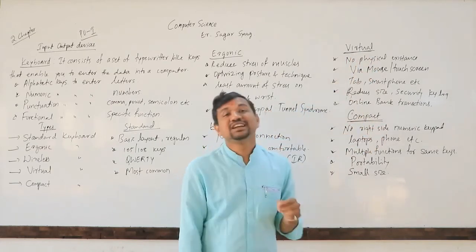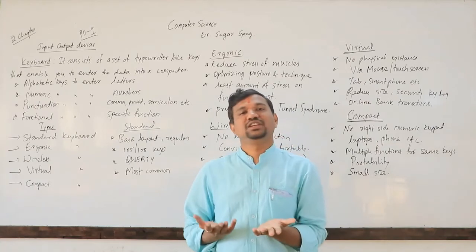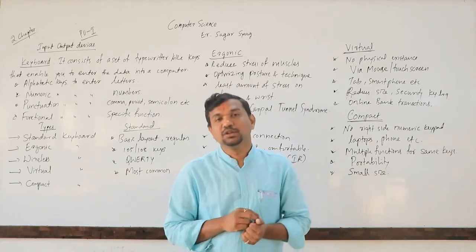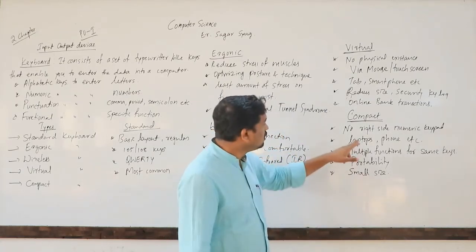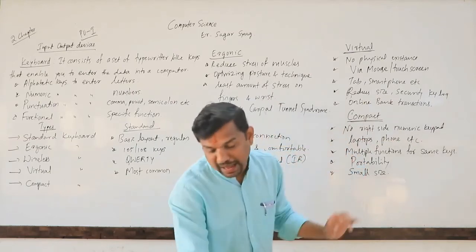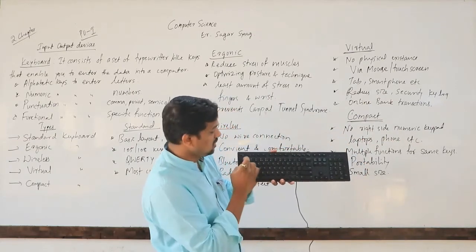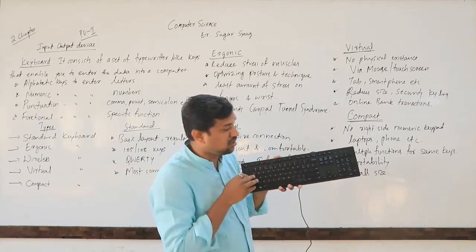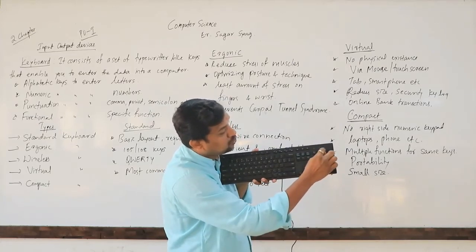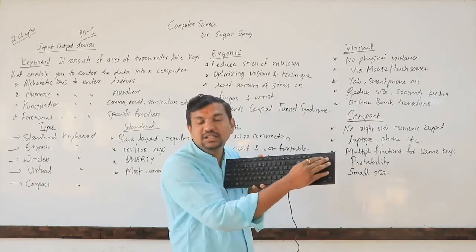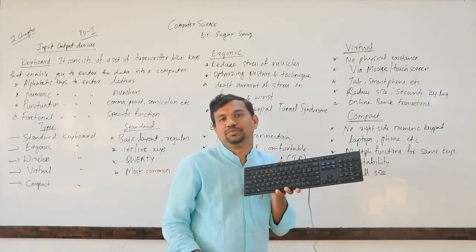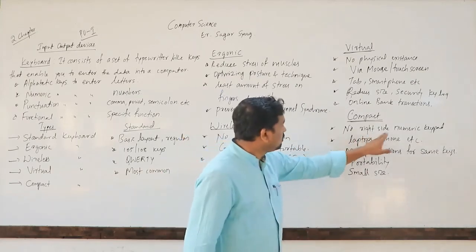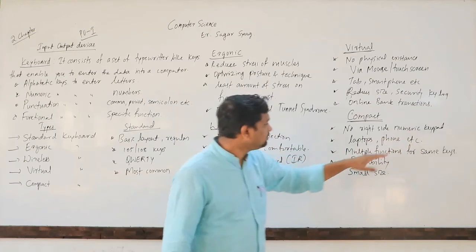And the last one is the compact keyboard. You might have seen this in laptops. It is a reduced-size keyboard. There is no right side numeric pad. On the full keyboard, 1 to 0 are there, plus, minus, star operations are all there, and the 0 to 9 buttons are also there on the right side. But this right side is reduced in laptops. So there is no right side numeric keypad.